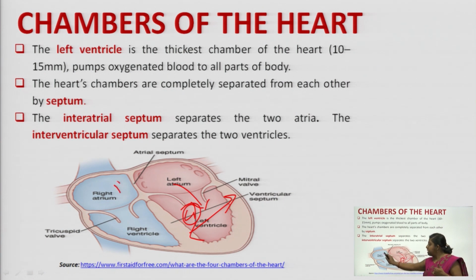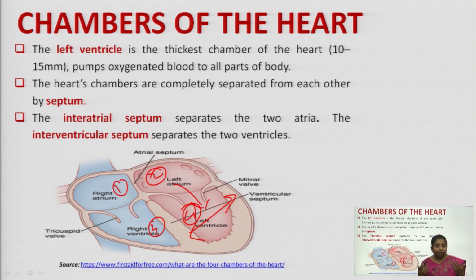So these are the four chambers of your heart: right atrium, left atrium, right ventricle and left ventricle. Now, there should not be any sort of mixing of blood in between, like your heart contains both types of blood. It contains oxygenated blood as well as deoxygenated blood. So if the oxygenated and deoxygenated blood mix up together in the heart, our body won't get any oxygen.